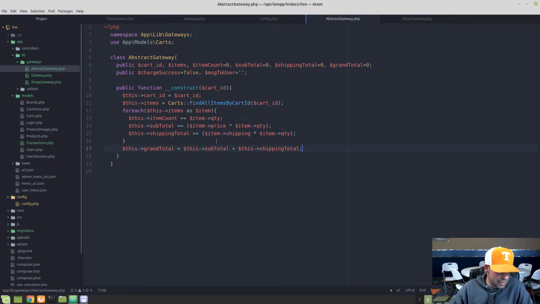But yes, they do integrate with other things. We'll get into their documentation a little later when we start implementing Stripe, which we're going to do very, very shortly here. All right, so now that we have that, let's see. We need to add a few